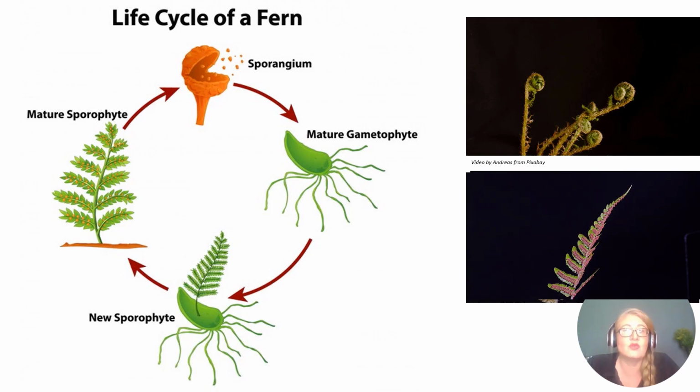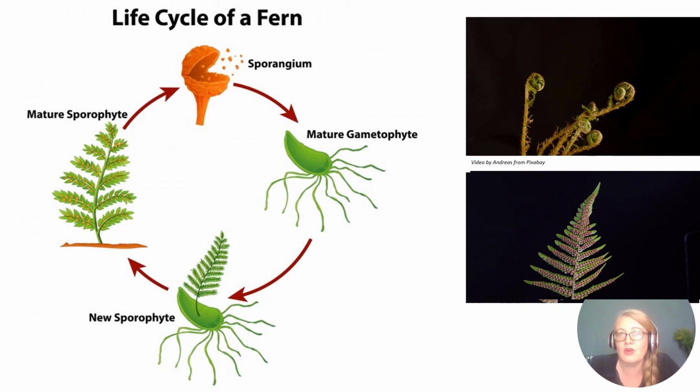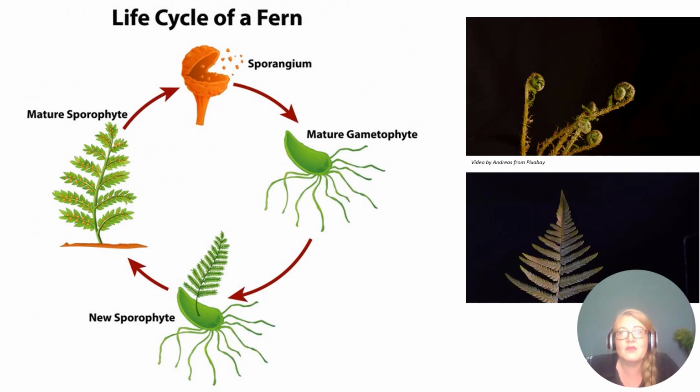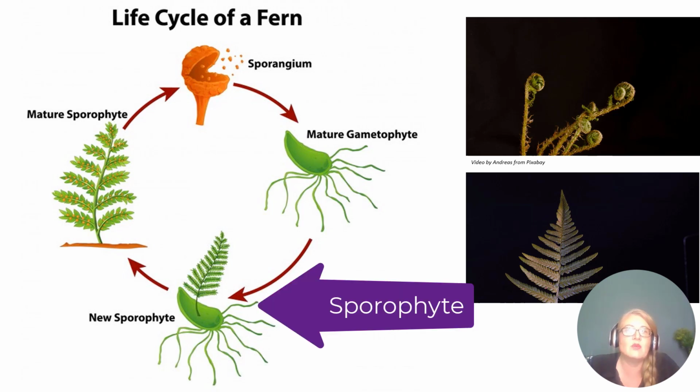Water plays a crucial role in this love story, helping the boy parts release their swimmers that find their way to the girl parts, a watery dance of fern love. When the swimmers, or sperm, reach the girl parts, fertilization happens. It's the fern's magic moment. The fertilized eggs grow into what we call a sporophyte, which is the real fern we see with leaves, stems,